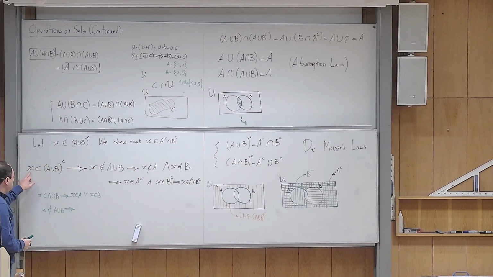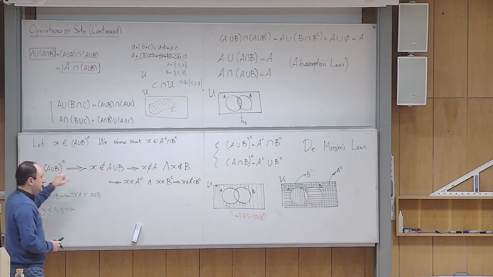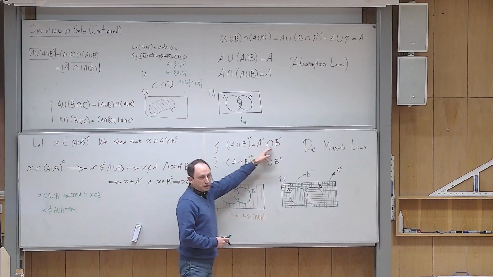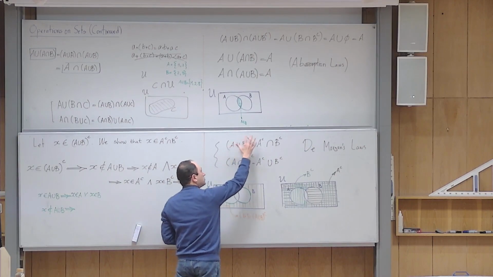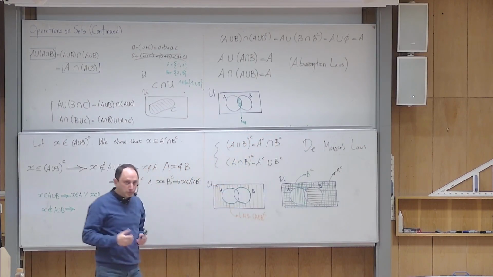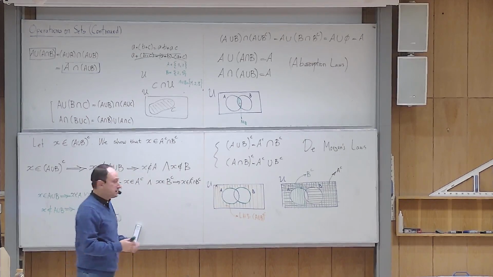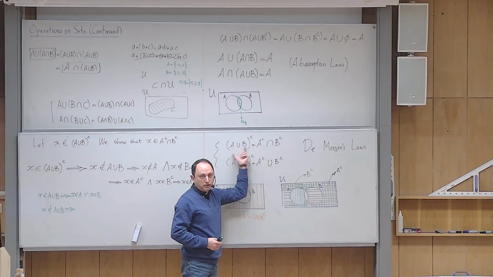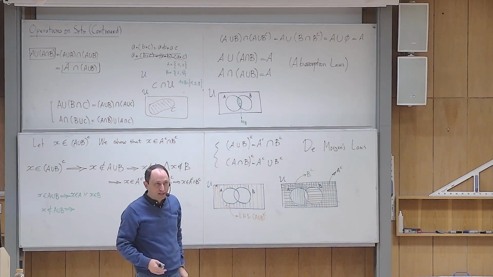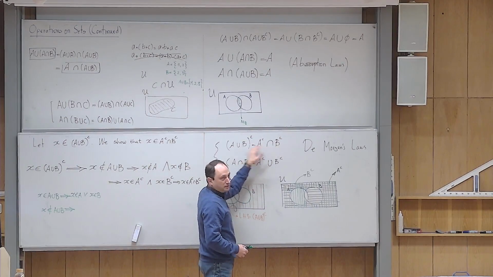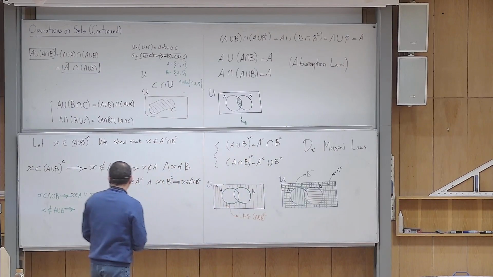So I chose an arbitrary element from the set on the left, and I convinced myself that exactly the same element is in the set sitting on the right. What does it mean? It means everything here is also included there. But I hope you understand this is not enough, because this might be a bigger set which contains everything, but it has something new in it. We want to show that no, this is not the case. This doesn't include any other elements other than these elements. Okay, so what we do,